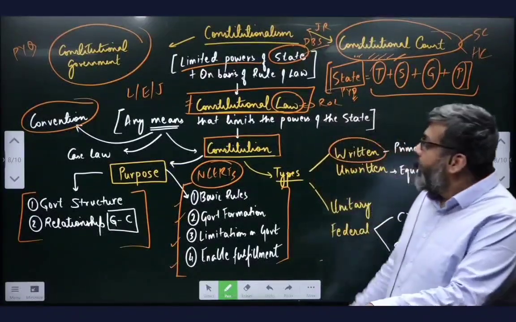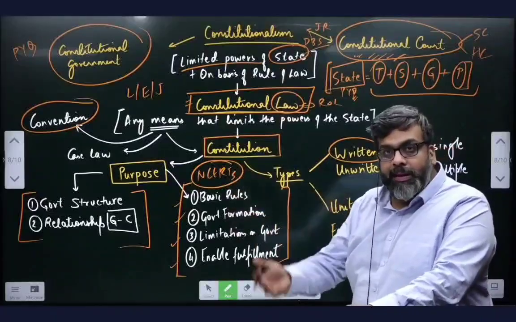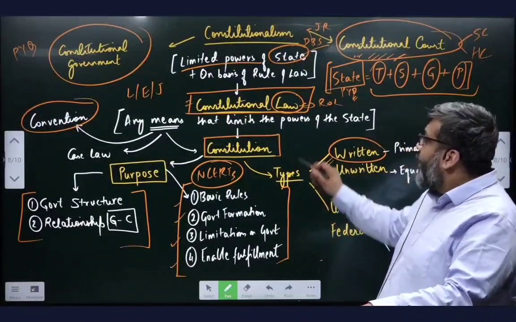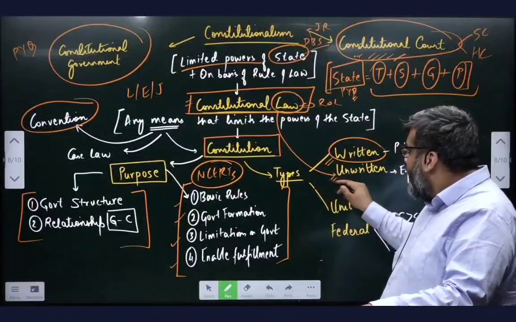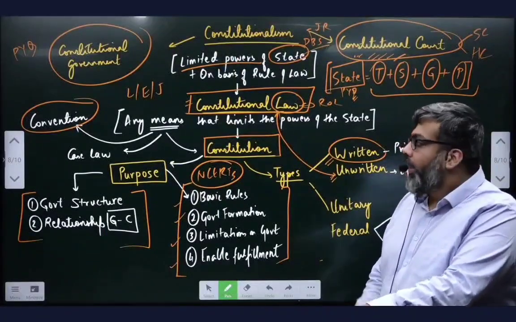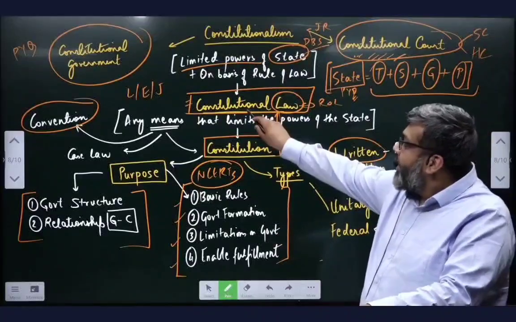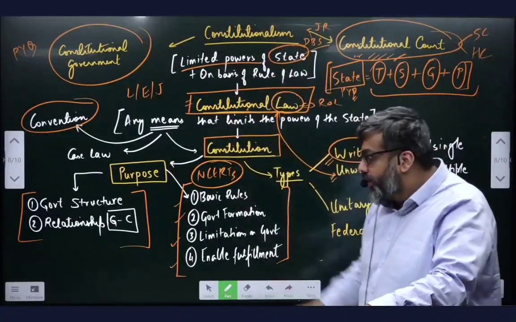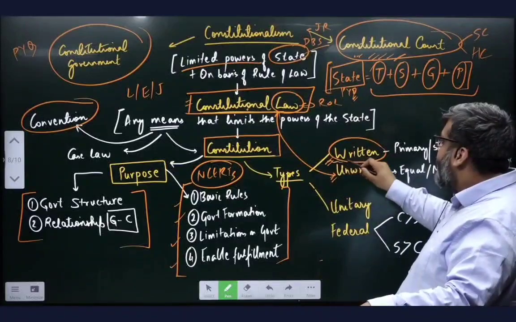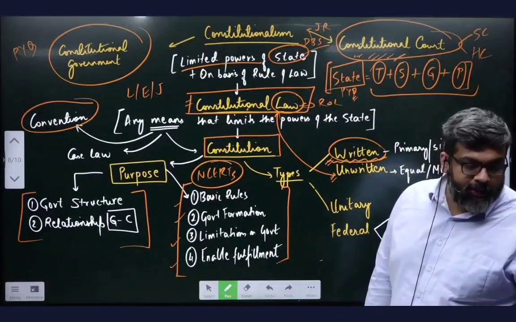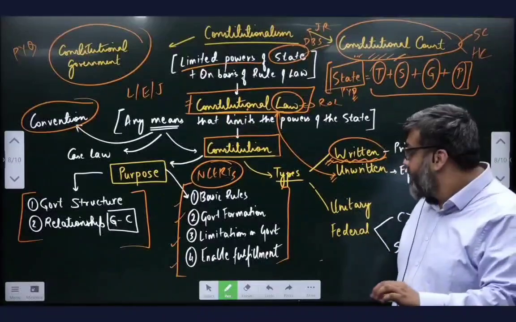Now, when we say the Constitution, it simply means a legal document. Now, it could be written or unwritten. A constitutional law is fairly similar to an unwritten constitution, in a way that any law which limits the state is constitutional law. So the basic difference between a written constitution and an unwritten constitution, very, very specifically, is a